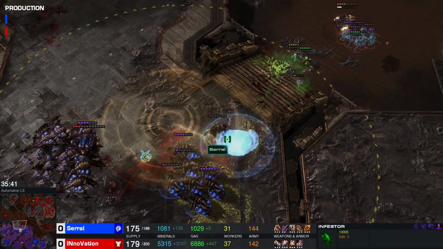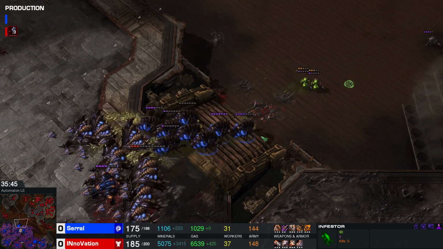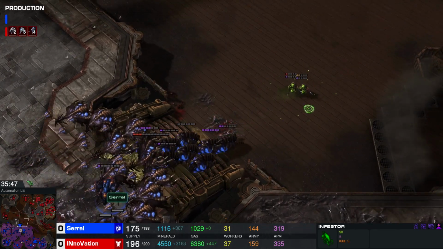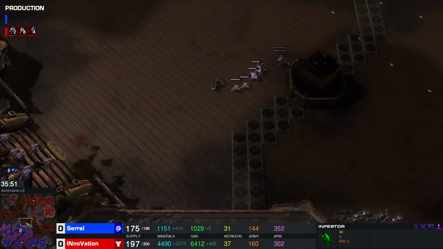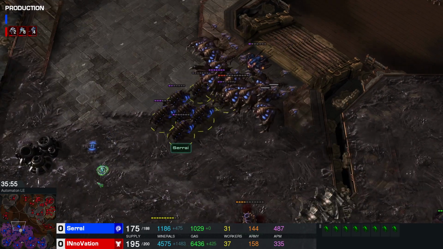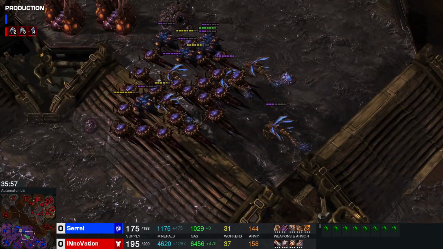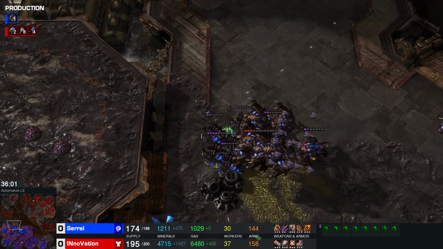In come the Infestors, but they eat an EMP, so not that much energy is left. Some Ghosts will fall here, of course, as well. But still, the location is mining important minerals for the units. And yeah, let's have a look. The Corruptors are also moving forward. Still, army-wise, Innovation has a smaller